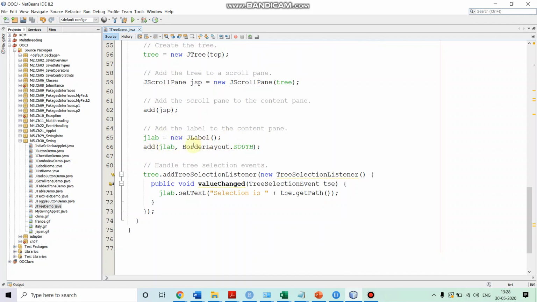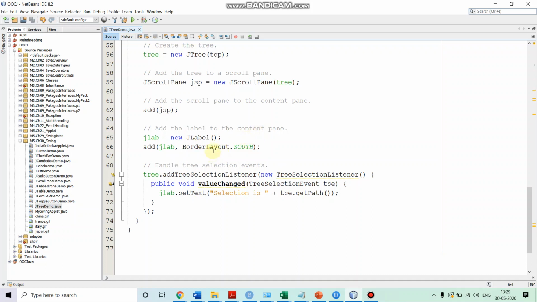So we create a new JLabel, jlab, and we add this label to the content pane at the bottom. Since by default the layout is the border layout, we put this JLabel on the south of it, that is basically the bottom. So BorderLayout.SOUTH.